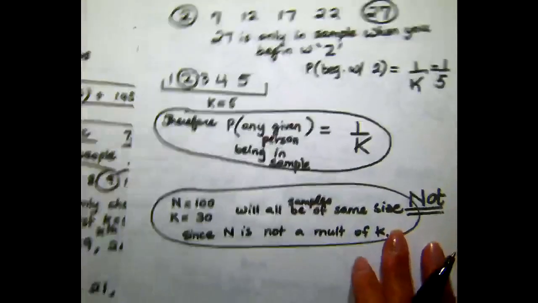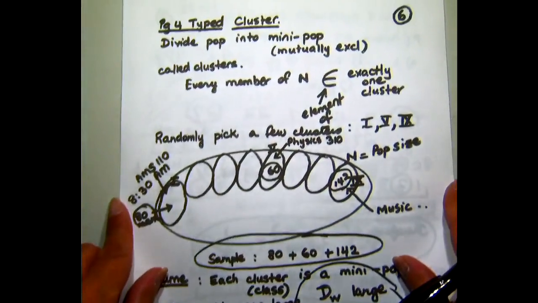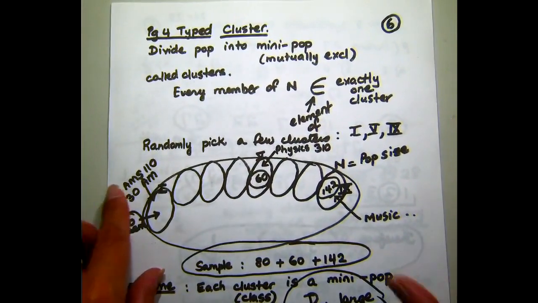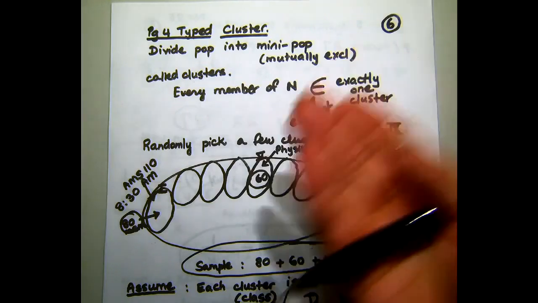So next page is still talking about the same thing. Let's go to page 6. Page 6 is talking about a new method, which is called cluster sampling. So far we've talked about simple random sampling, stratified random sampling, 1 in k systematic sampling, and now this one,